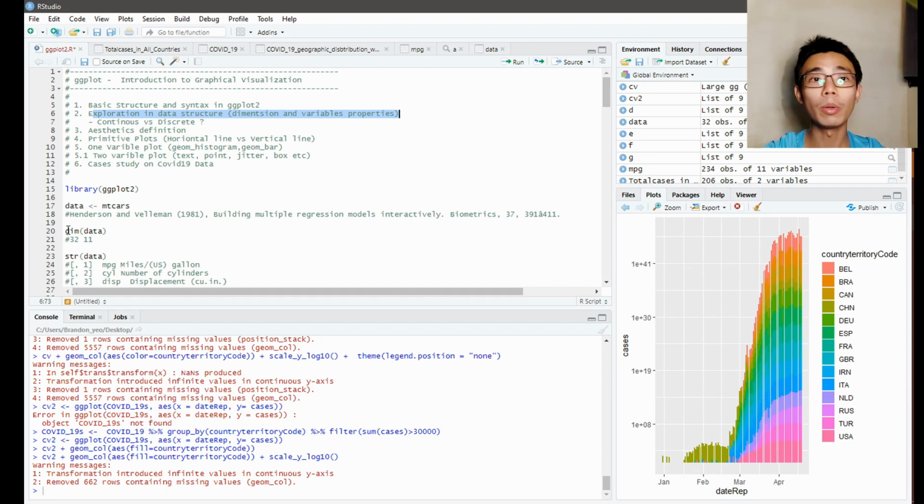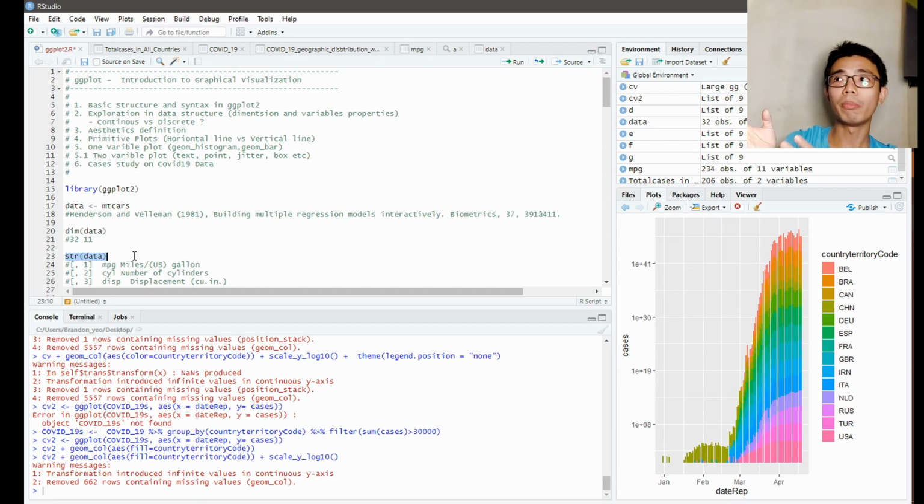There are many ways to do it. For myself, I would just look at the dimensions of the data, which is how many columns and how many rows there are, and whether you need to run any filtering on it. And of course, as well as the structure of the data, so we can see which one is continuous, which one is numeric, and what are the things that we might need to convert to factors and so on, so that it's easier for downstream operations. So aesthetic definition here refers only to the x and y axis, and